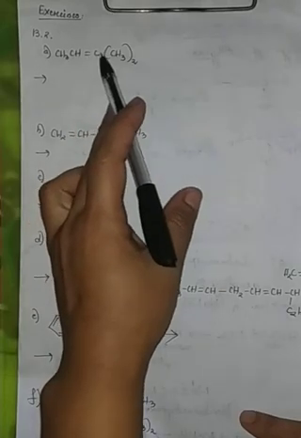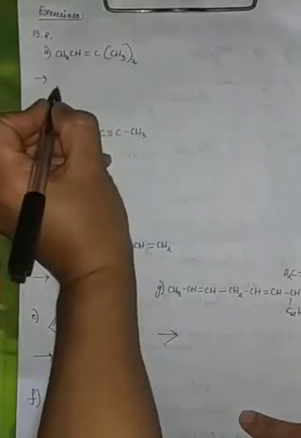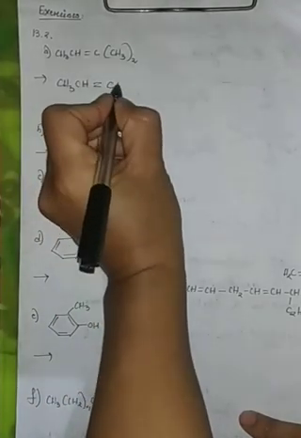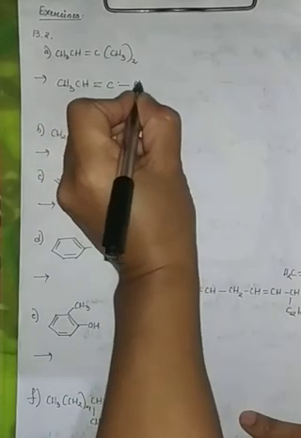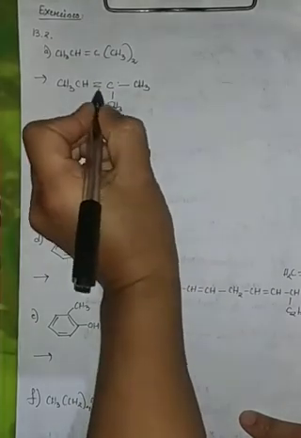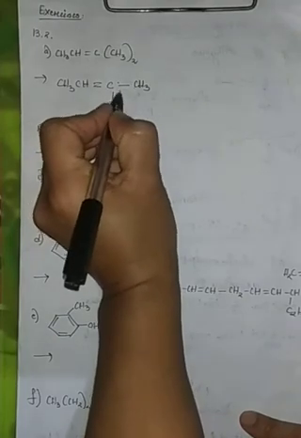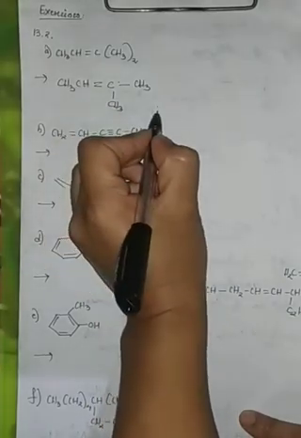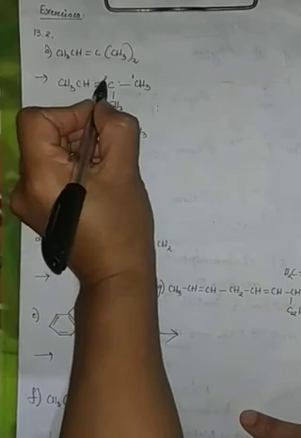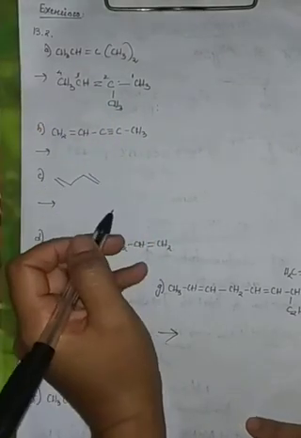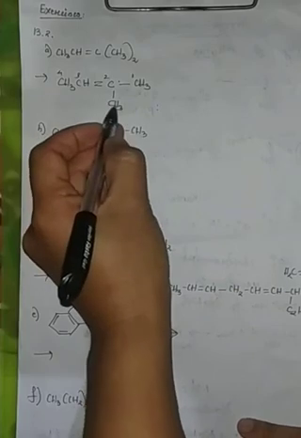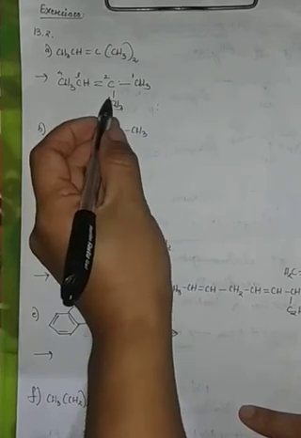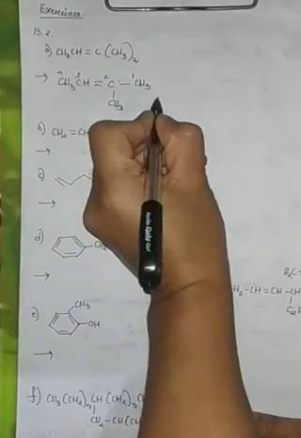CH3, CH2, double bond C, CH3 twice. Now this can be written as CH3, CH, double bond C, CH3 twice. The carbon should be tetravalent, therefore 1, 2, 3 and 4, the tetravalency is complete, therefore CH3 twice. Now for this molecule, if we give the numbering 1, 2, 3 and 4, our substituent should get the lowest numbering, as well as the carbon to carbon double bond should also get the lowest numbering. Keeping in mind the lowest numbering and selecting the longest carbon chain, the IUPAC name of this would be